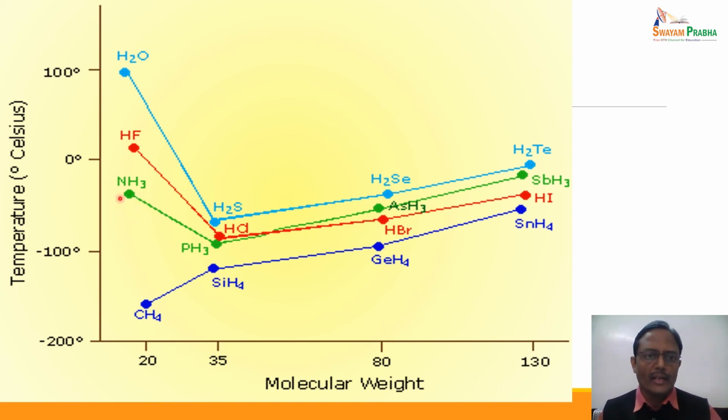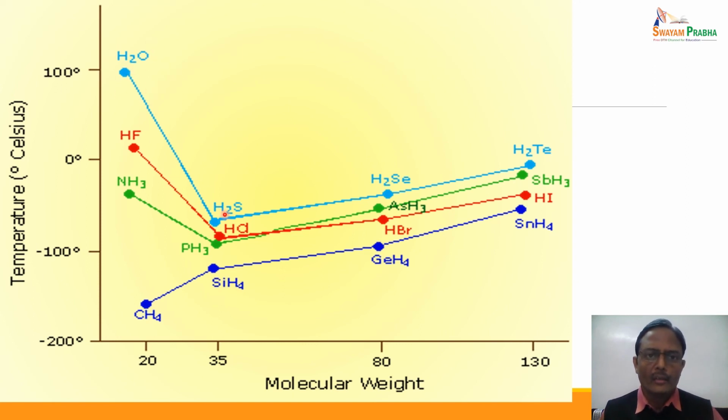This is because nitrogen is much more electronegative as compared to hydrogen, leading to very strong hydrogen bonding between the ammonia molecules. Similarly, we have HF, which is a very strong hydrogen bond showing compound, with a much higher boiling point as compared to HCl, HBr and HI. Similarly, water has a very high boiling point as compared to H2S, H2Se and H2Te. Now if we compare H2O, H2S, H2Se and H2Te, at room temperature H2S, H2Se and H2Te, all the three exist as gases, while at room temperature water exists as liquid.